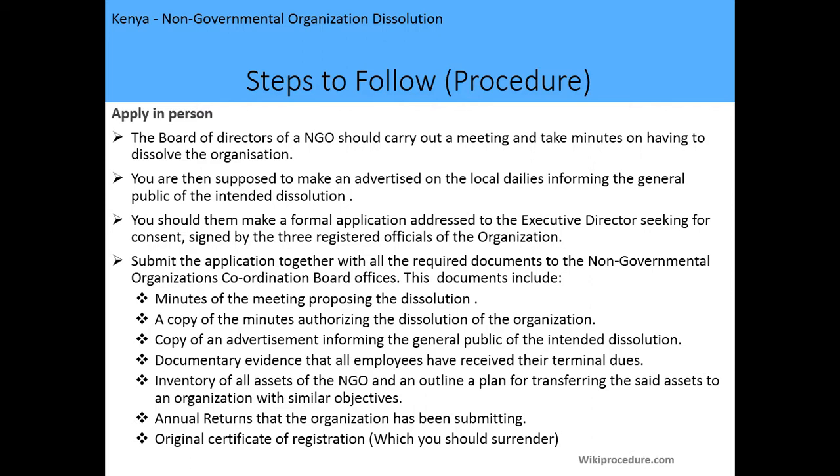After that, you're supposed to submit the application together with all the required documents to the Non-Governmental Organization Coordination Board offices, and these documents include minutes of the meeting proposing dissolution, a copy of the minutes authorizing the dissolution of the organization, copy of an advertisement informing the general public of the intended dissolution, documentary evidence that all employees have received their terminal dues, inventory of all assets of the NGO, and an outline plan of transferring the said assets